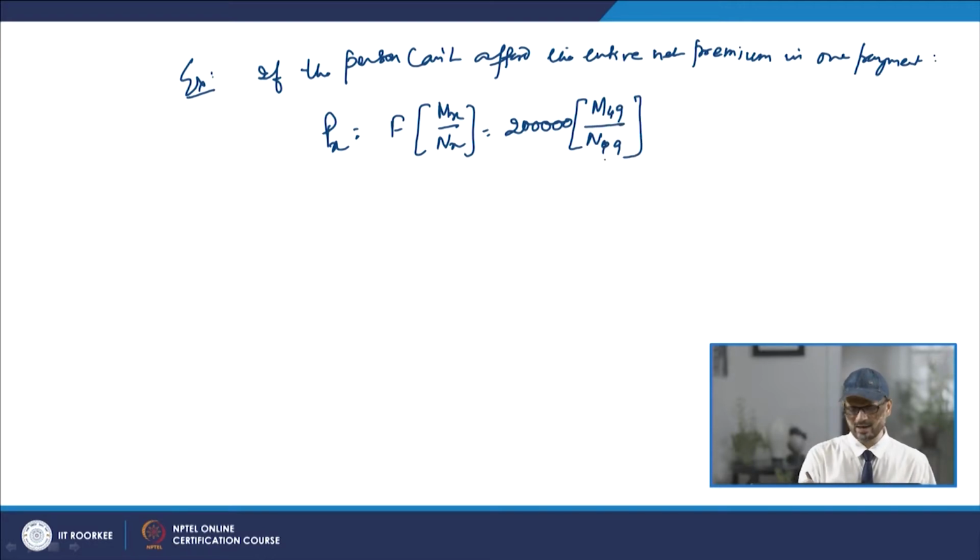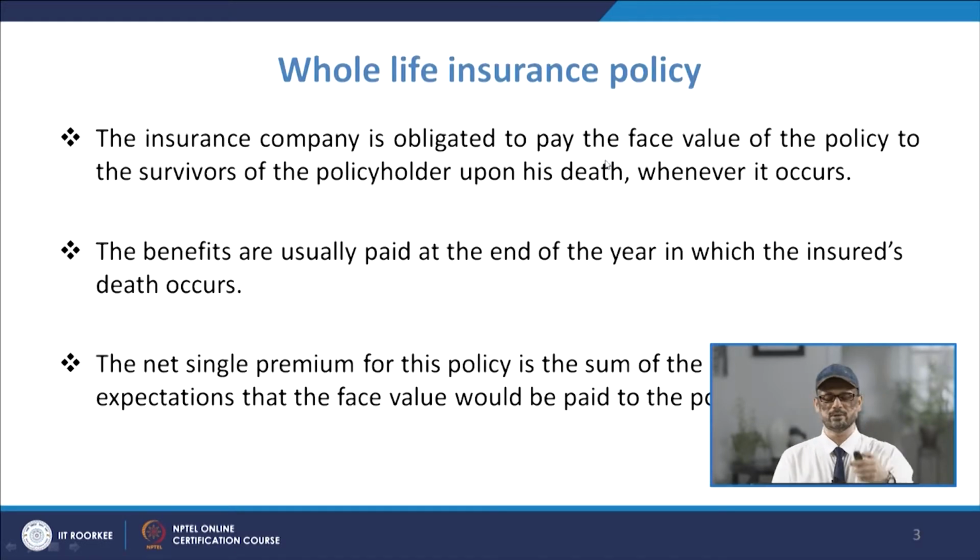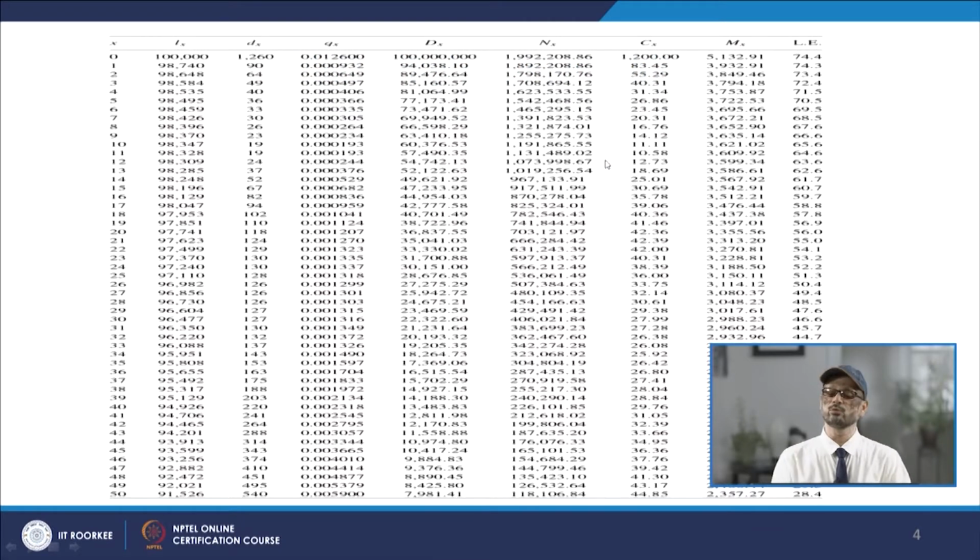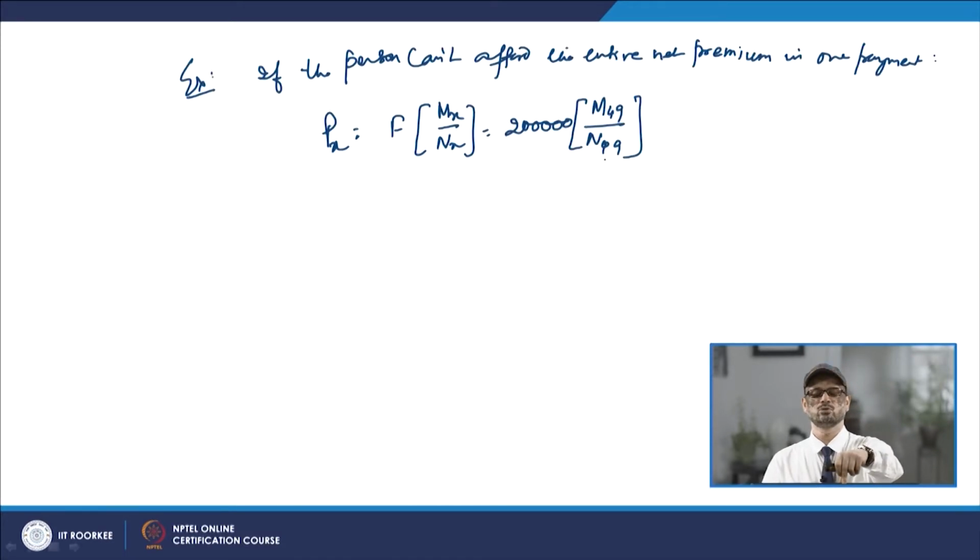Now, N49 can be computed from the table, and if you look at the N49 value, it is 1,26,532.64. So, it will be 2 lakh